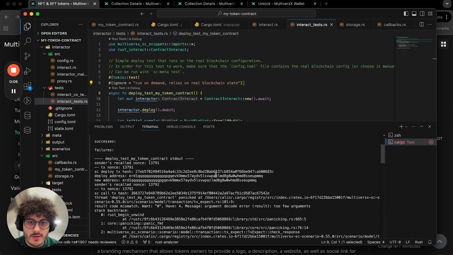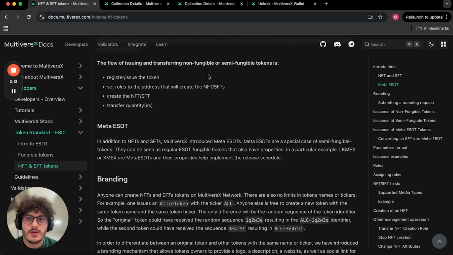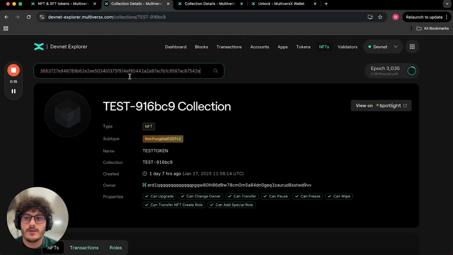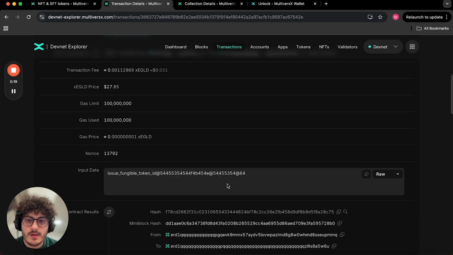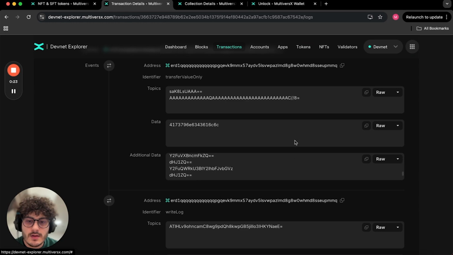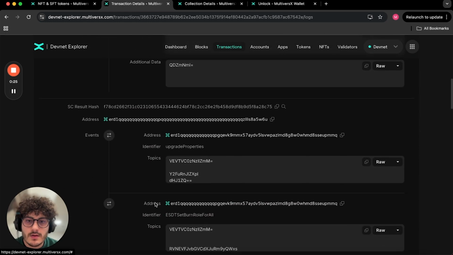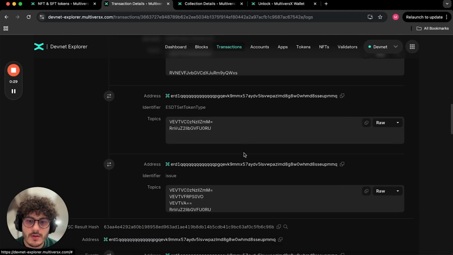Let's try to see why. Argument decode error, too few arguments. Right, so let's check out the tx hash. So this is a transaction, and let's check out the logs. Okay, upgrade properties. So this is the setup phase for the token. Issue seems to be okay,